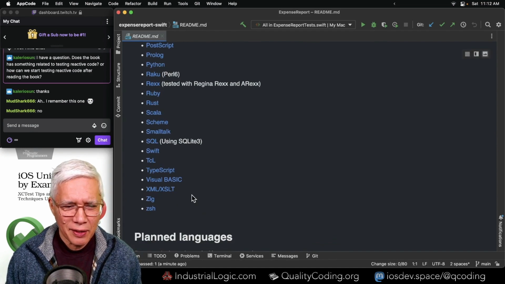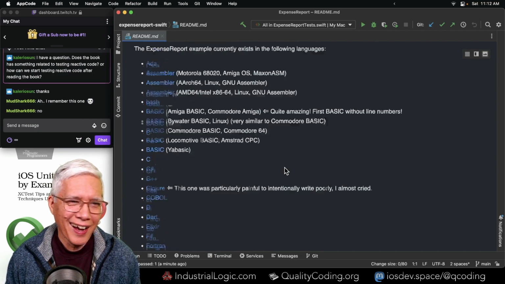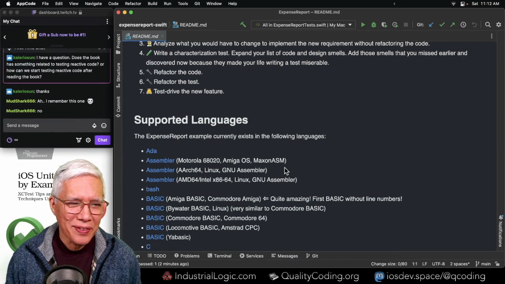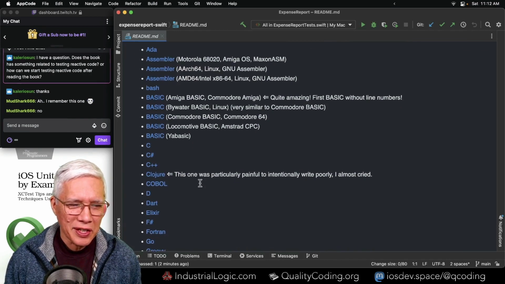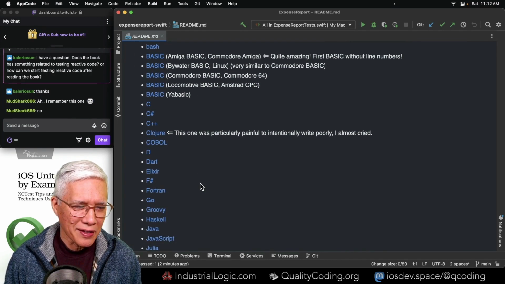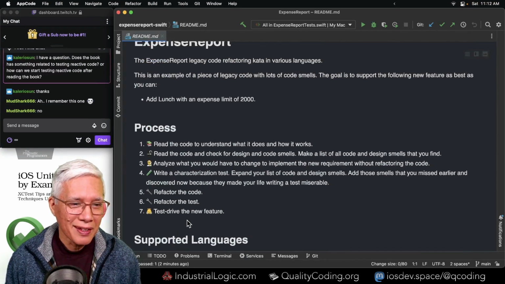Here's an XSLT version. Really? You can do it in Z shell. Whatever. Yeah. It's just, sorry, I'm getting nostalgic here for some things. Of course, most of these I've never touched, these languages. But anyway,